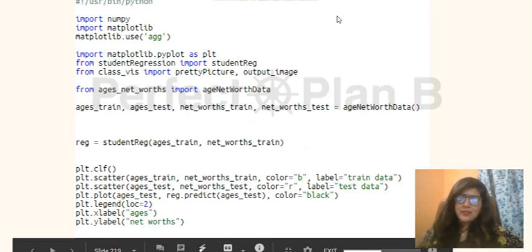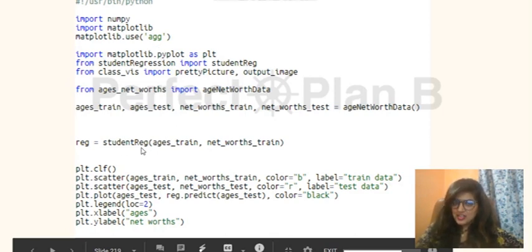Okay, so this is the code. NumPy is a library, Matplotlib is a library. What they do, I'll tell you. Initially I want a data set, right? So I'll tell you how to generate the data set. And using that data set, I wish to plot a graph. NumPy will help me generate my data set. Matplotlib will help me plot a graph in 2D right now, and further on I'll use a function